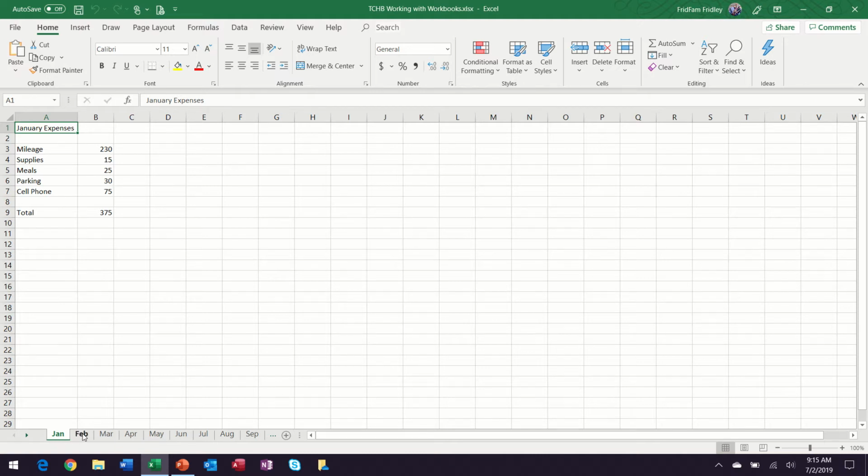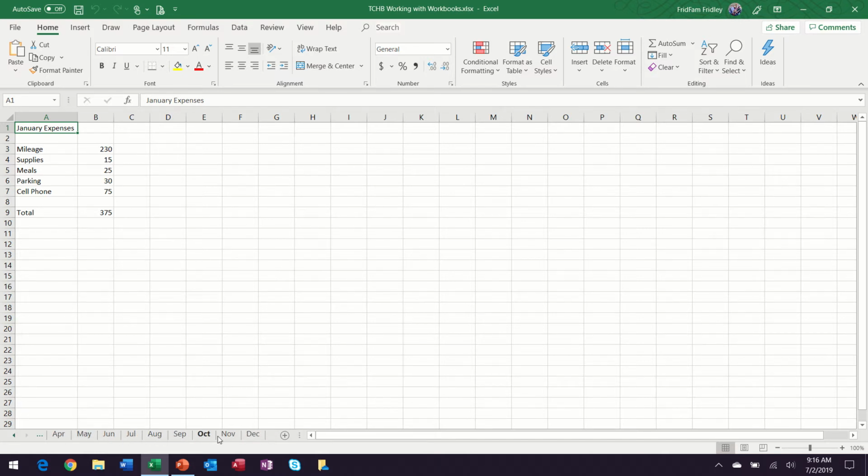Just looking down here at the bottom, we can see our worksheet tabs: January, February, March, April, May, June, July, August, and I see currently through September. There are more worksheet tabs after that, it's just I can't see them right now. So I can scroll over there using these triangular buttons here. I'll click on the right triangle and you'll notice that it scooches me over so I can see that